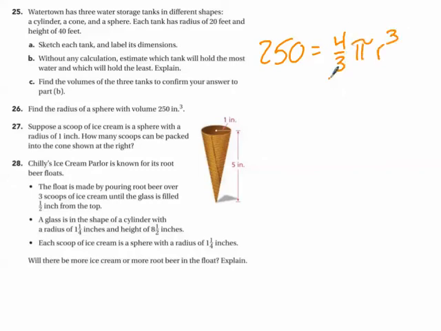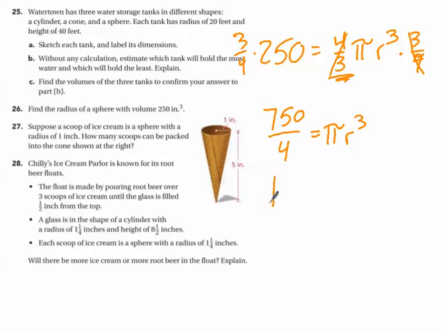To undo times 4/3, I'm going to multiply by the reciprocal. That cancels that out. Multiply by the reciprocal. I now see that I have 750/4 is equal to pi r cubed. I know that 750/4 is